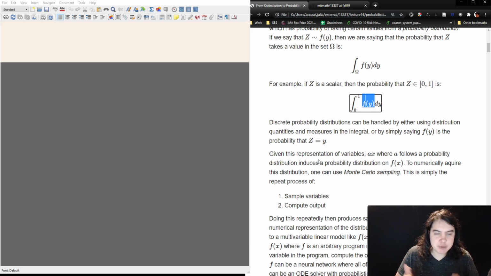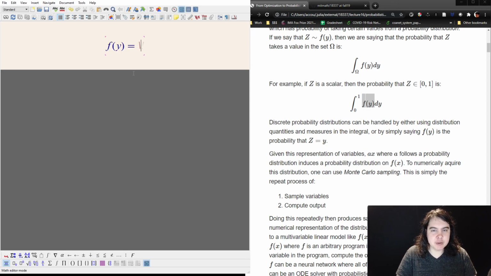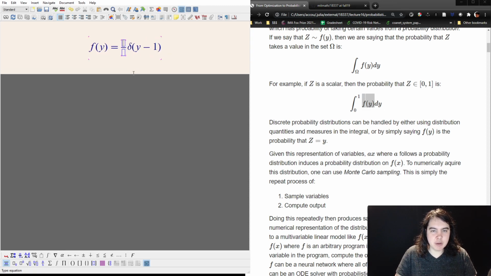So if you have a discrete distribution, like you have probability of 1/3 of being at one and 2/3 of being at two, you can say that your probability distribution is f of y equals 1/3 delta of y minus 1, and 2/3 probability of being at delta of y minus 2,